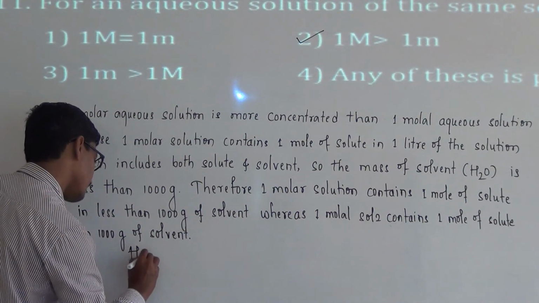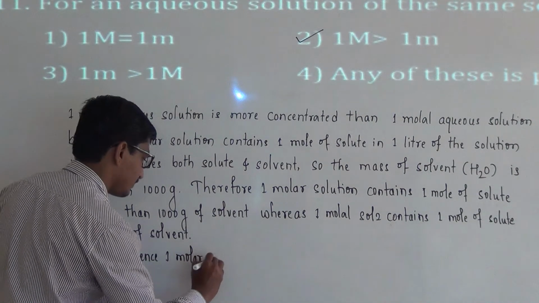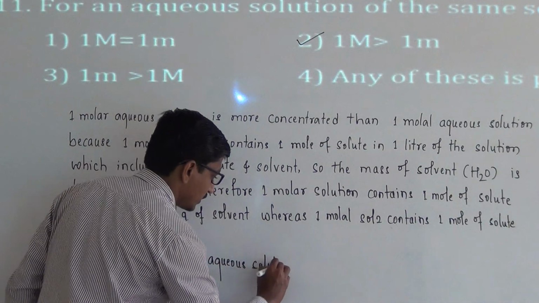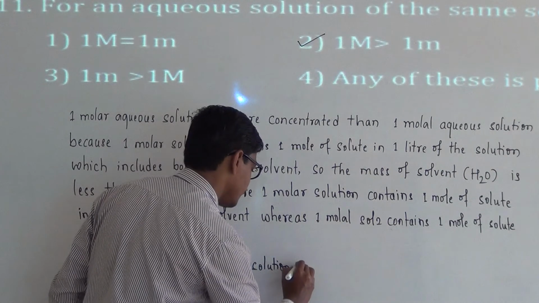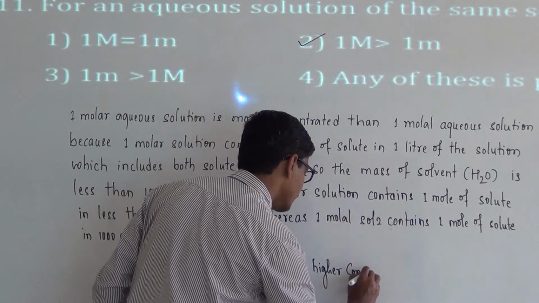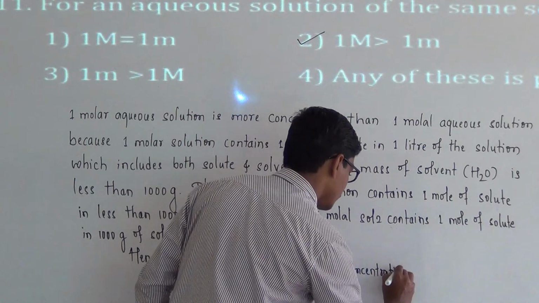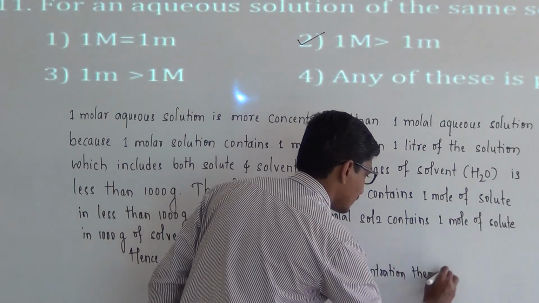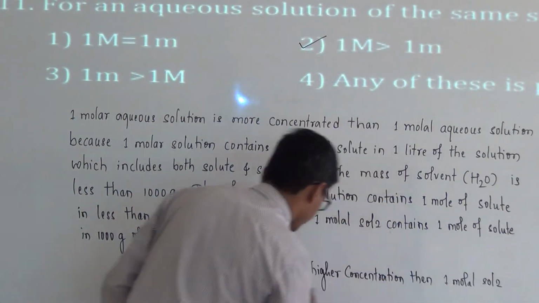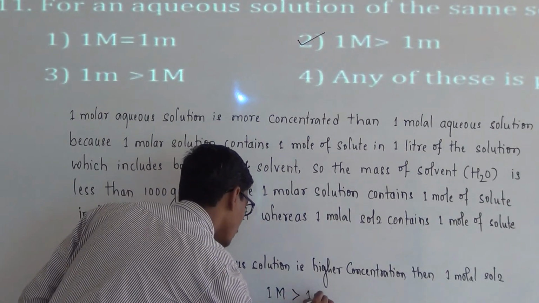Hence, 1 molar aqueous solution is higher concentration than 1 molal solution. That is, capital M is greater than small m,